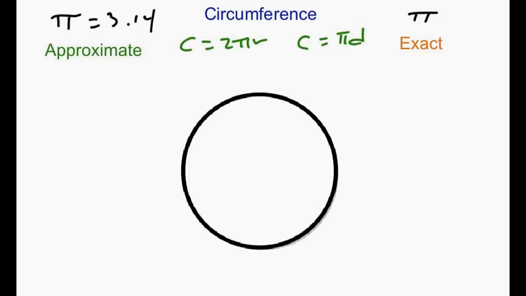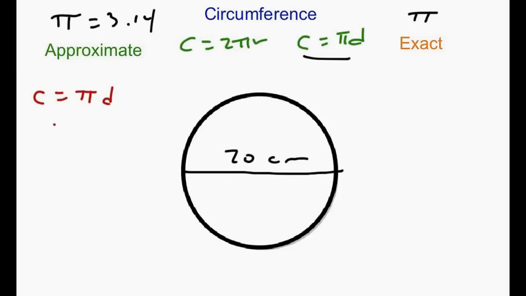Alright, so this circle, let's give a diameter of 20 centimeters. So I want to find the circumference. So this time I'm going to use this formula, since it has the diameter in it. So circumference equals pi times the diameter. Okay, pi for approximate, we're using 3.14. The diameter is 20. I'm going to multiply 3.14 times 20 and I get 62.8. Don't forget my units of measure,